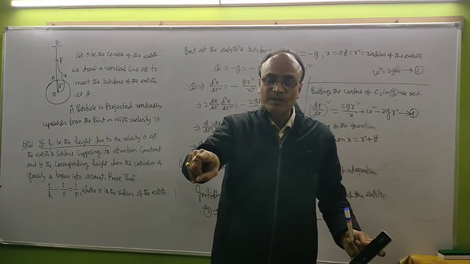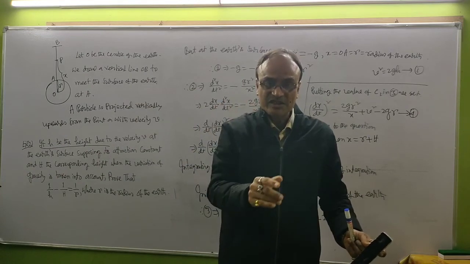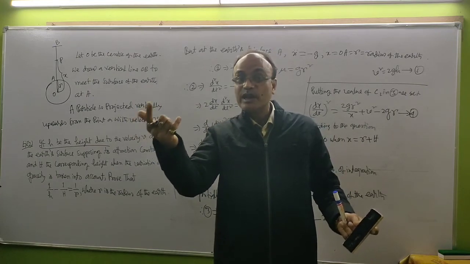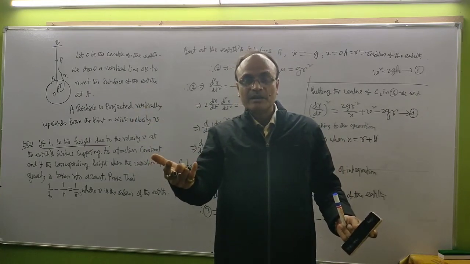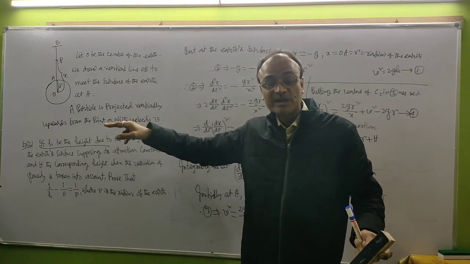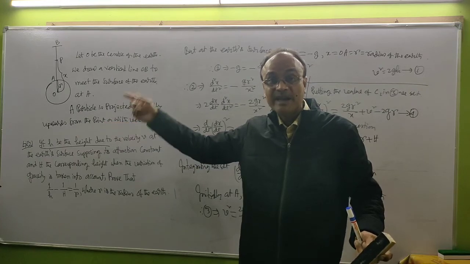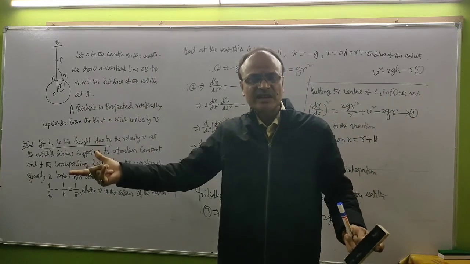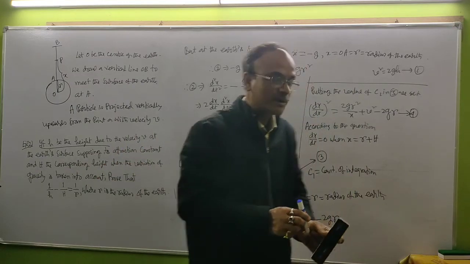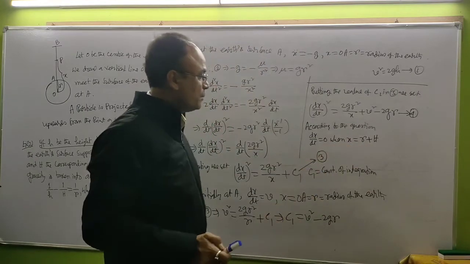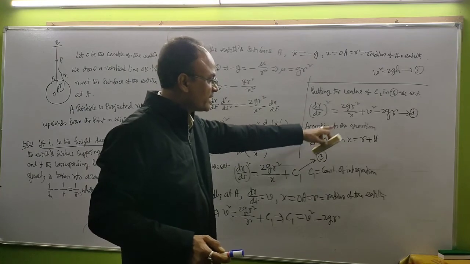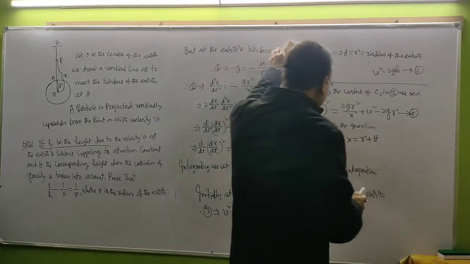When the velocity becomes 0, its distance from the surface of the earth is capital H. X represents the distance from the center, therefore its distance from the center will be equal to R + H. Putting this in 4, we will get